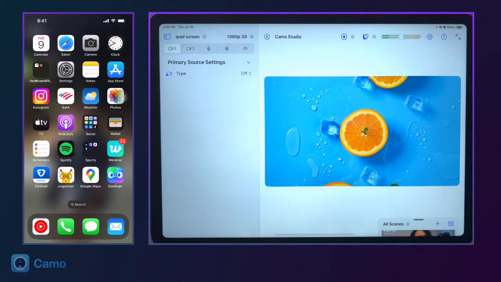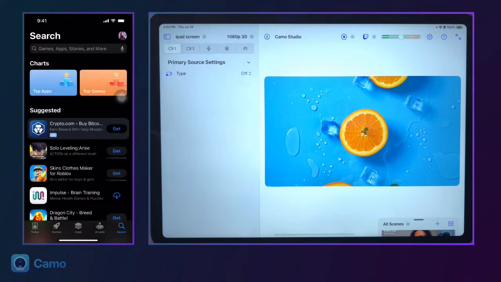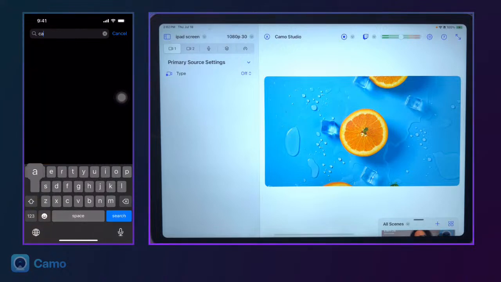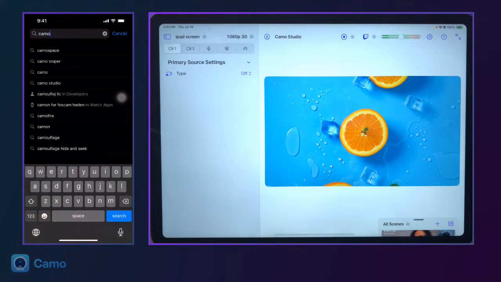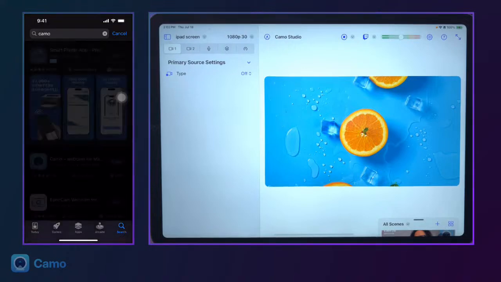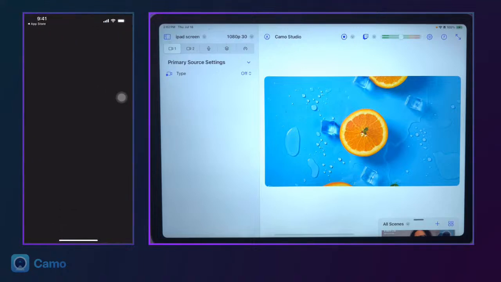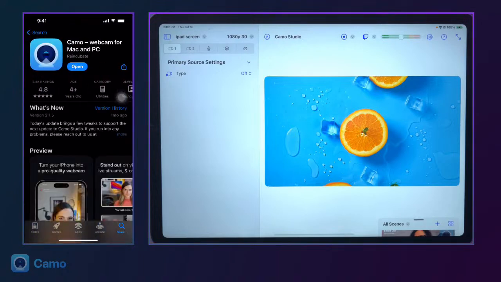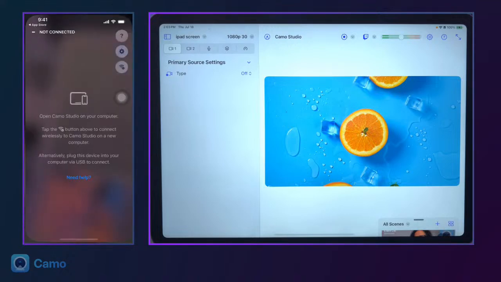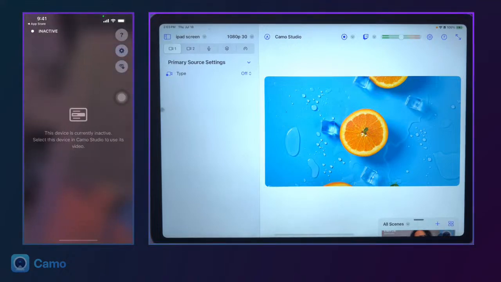What's up? All right. So App Store, go to search and hit Camo. So not Camo Space, Camo Sniper, but Camo or Camo Studio. So, oops, let's go back to the App Store, sorry. So it's the same icon as the Camo Studio for iPad logo, except it's blue. So that's the one that you're looking for. Download that and then open it up. And then on the iPad side,